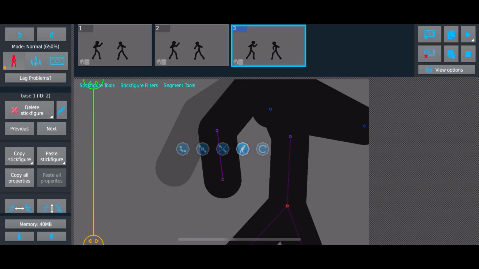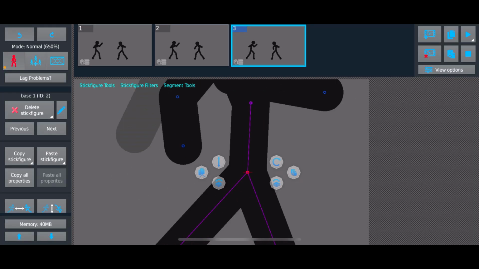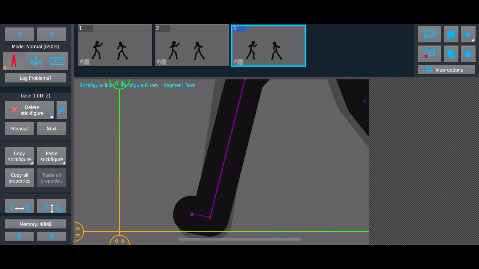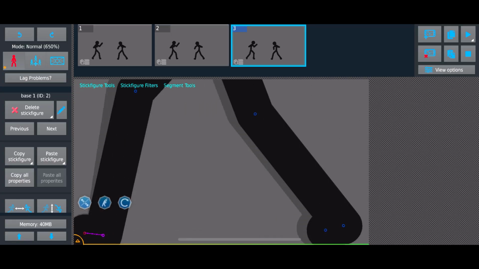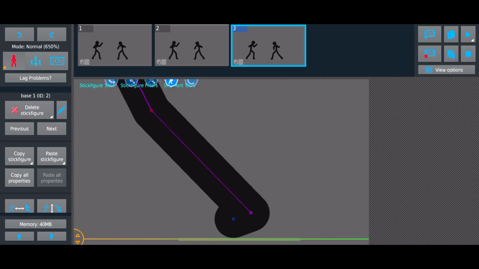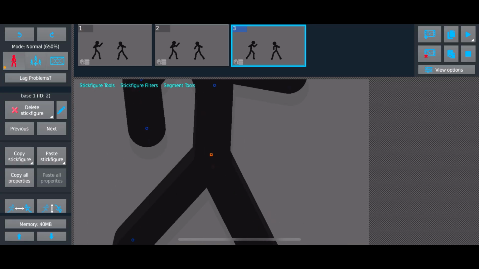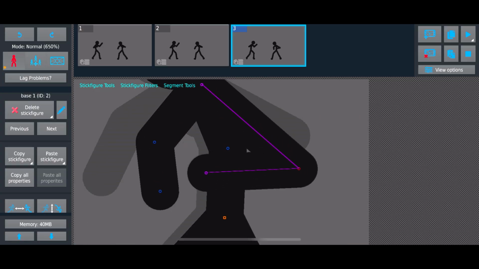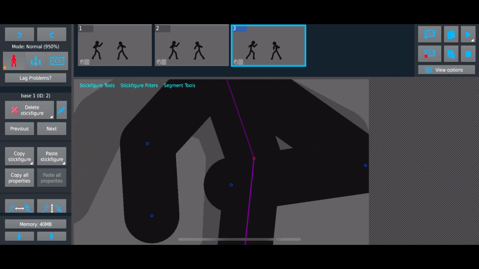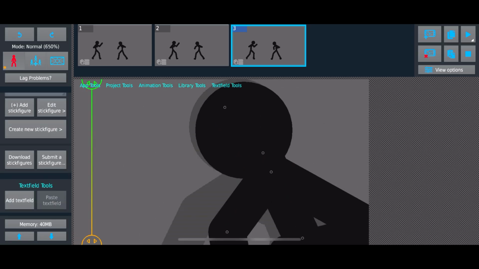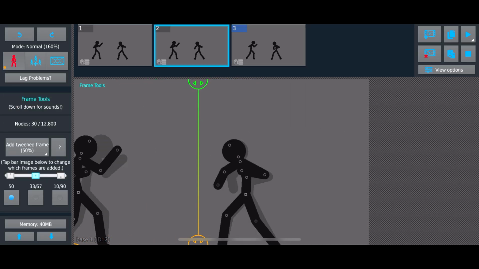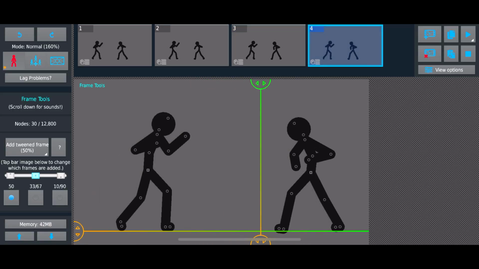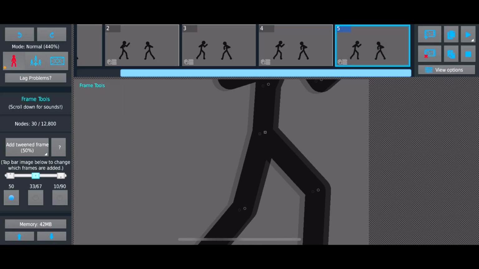You could animate the attacker first, and then you animate the person defending after, but you can sometimes do both if you want to. That's just my style. That's just how I animate. Sometimes I animate the attacker first, while sometimes I animate the attacker and the defender at the same time. So,